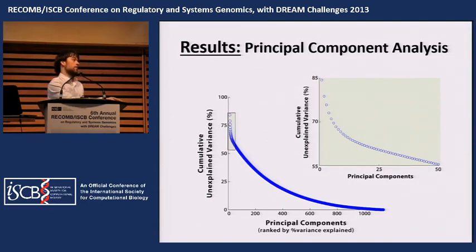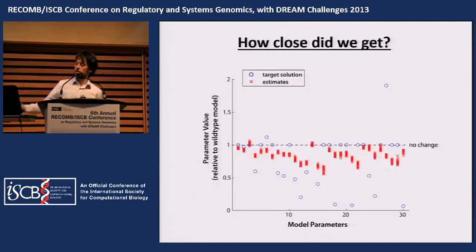So I took the top 50 components, and really I tried several things. I tried using the top 10 components, top 100 components, even top 500 components at one point. And I didn't see too much difference in the performance of the algorithm. It just took shorter or longer. But one thing that I do want to note is that if you look at the top 50 principal components, you're still capturing roughly half of the total variability across the entire data set. So it was somewhat encouraging to me when I first looked at this.